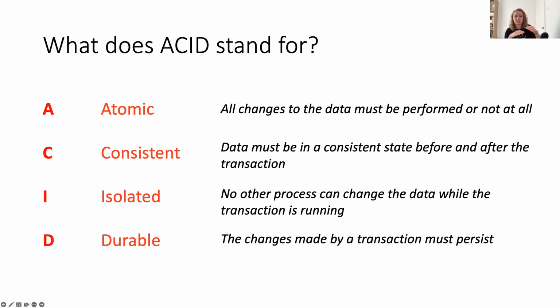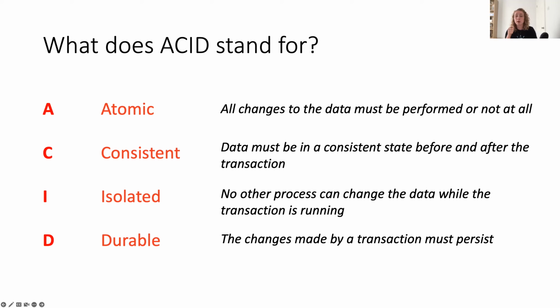And really, this is designed to be a guiding set of principles to follow if you want to do transactions for applications that have things like strong consistency and strong isolation. These four points are really referring to the fact that all changes to the data have to either be performed or not at all. Going back to that idea of transactions, they all have to be successful, otherwise none of them can happen.